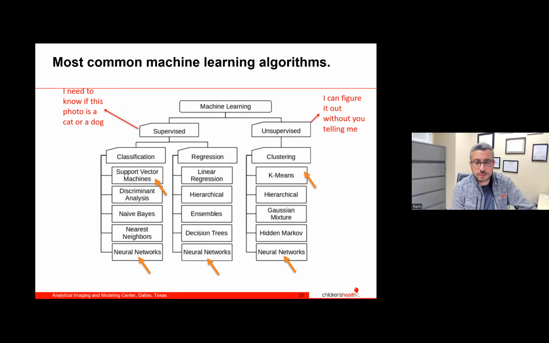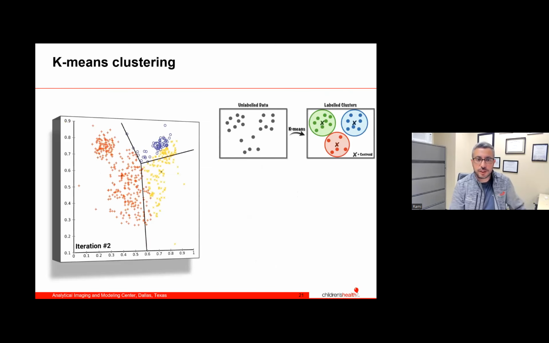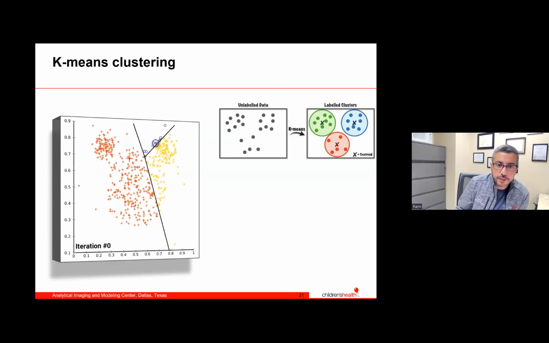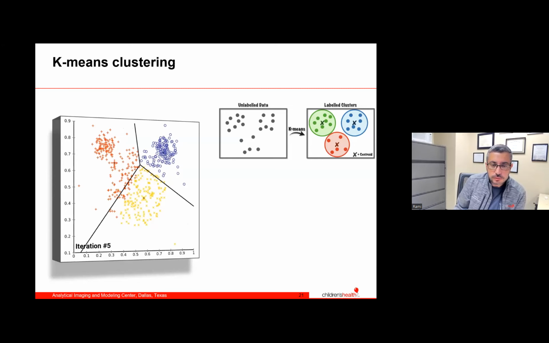And like the models that you can see under each supervised or unsupervised one. So the first one I want to talk to you about is K-means clustering. K-means clustering tries to cluster data based on features you give the computer. So for example, it goes through iteration, and it will try to find something called the centroid of each group. And it will try to separate this data based on the centroids. The only thing you have to tell the computer is how many groups you want the computer to separate.